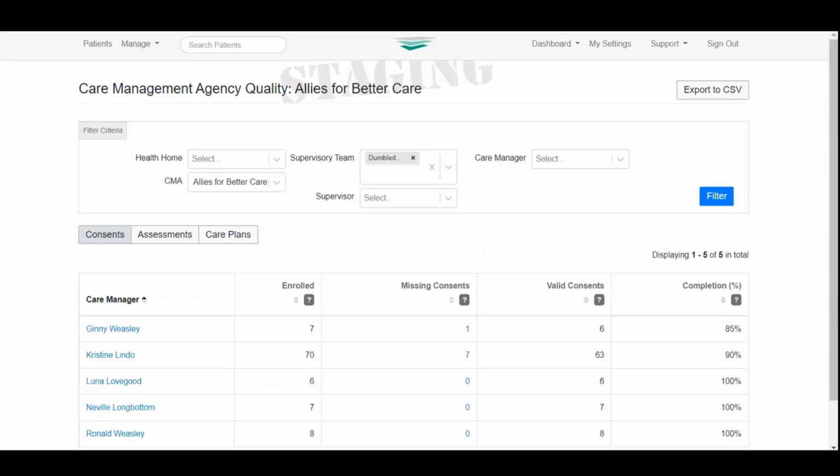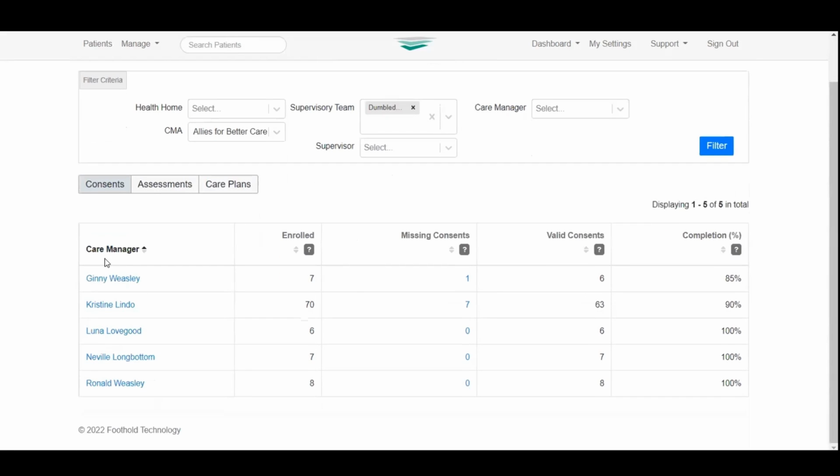And it's, again, giving me information about the consents, assessments, and care plans, but it is giving it to me by care manager. So similar to how it looks in the widgets, it'll give me information like how many consents this particular team member has missing, how many valid consents we have, and the completion rates for everyone on